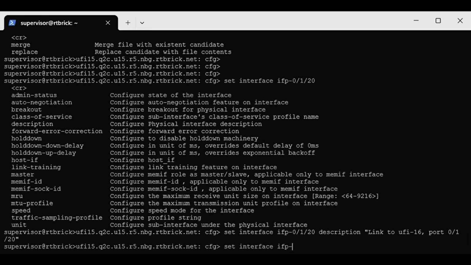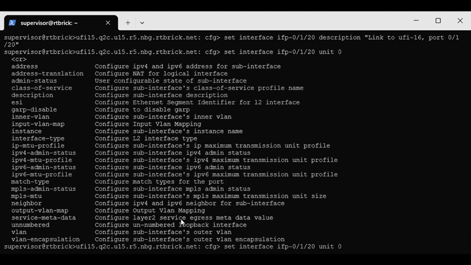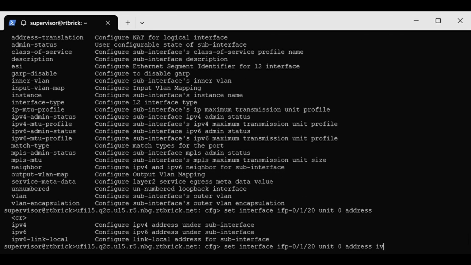Next, we will move on to the logical interface configuration using the set interface IFP 0/1/20 unit command. You can choose any unit number, but for unstructured interfaces, it is common practice to use unit 0. At the logical interface level, you can configure various Layer 2 and Layer 3 options. In this case, we will only set the IP address using the address subcommand, followed by the address family, in